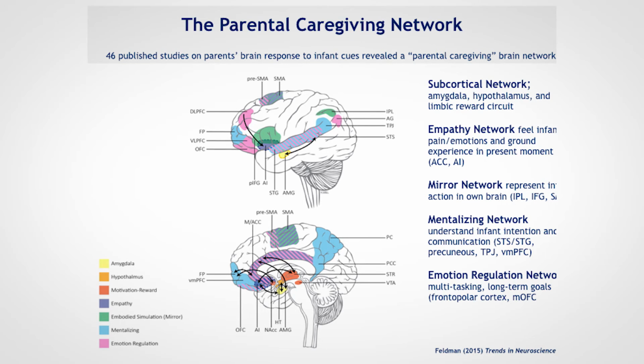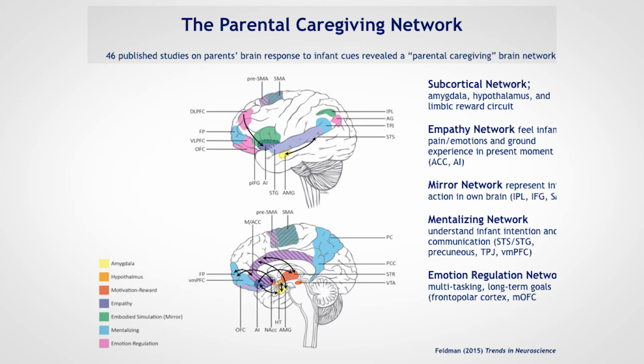But in humans, unlike other mammals, this subcortical system is connected via multiple ascending and descending projections with several cortical systems that together form the human parental caregiving network. This includes the empathy network that enables parents to feel the pain and emotion of their infant and ground experience